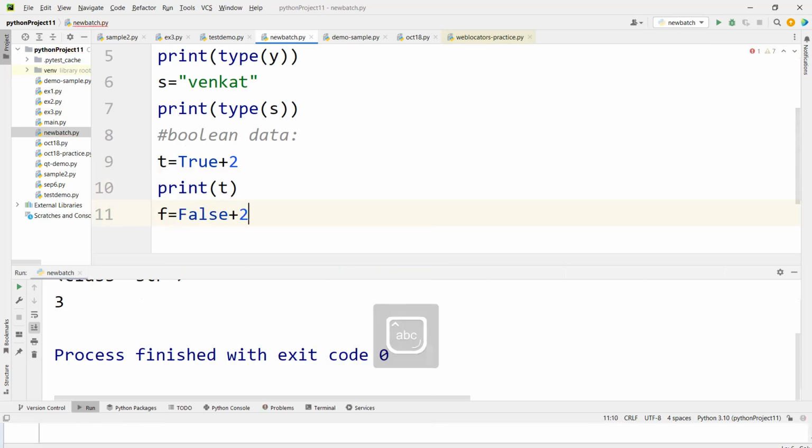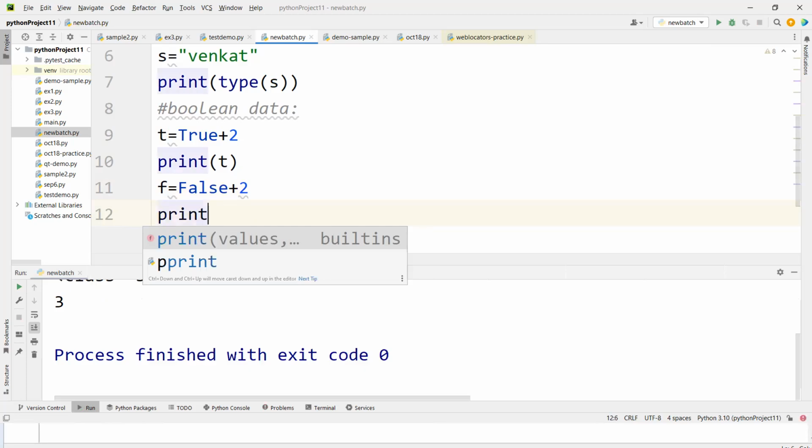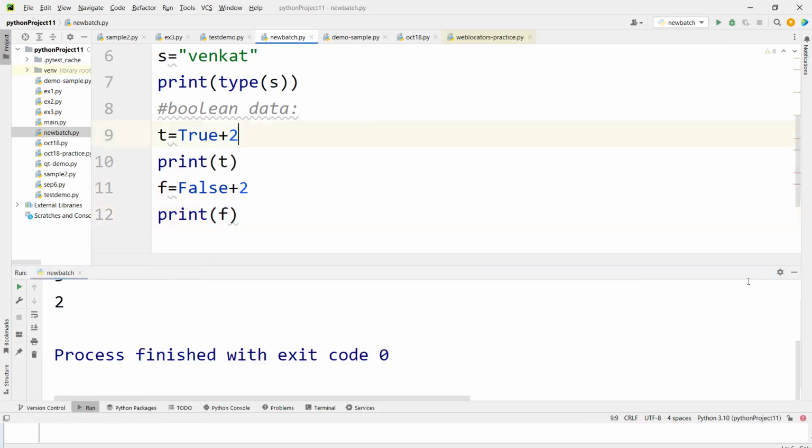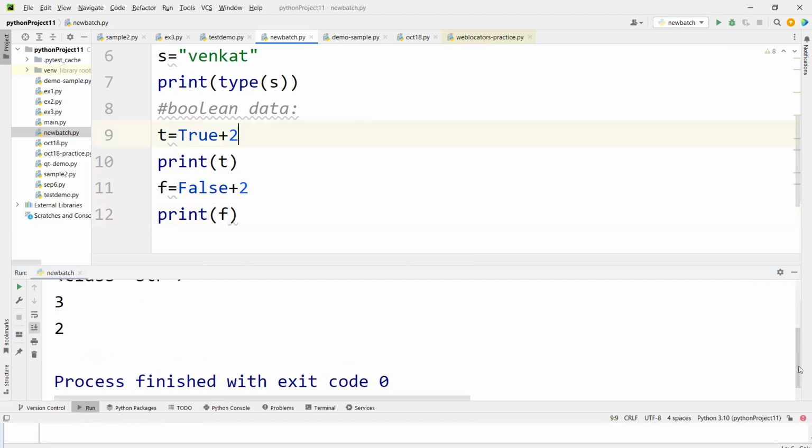False plus 2 is going to become what? 2 only. Now you see the output. 3, 2. Right? So this is how we are going to discuss,